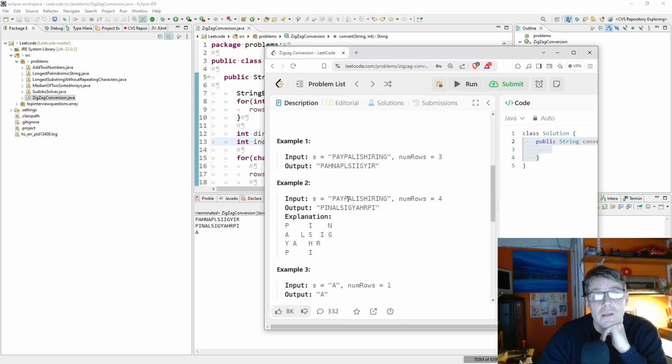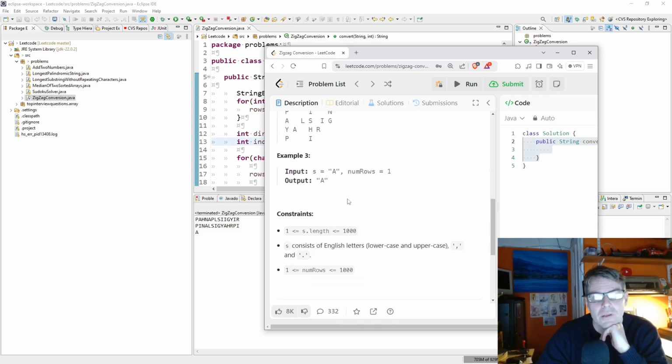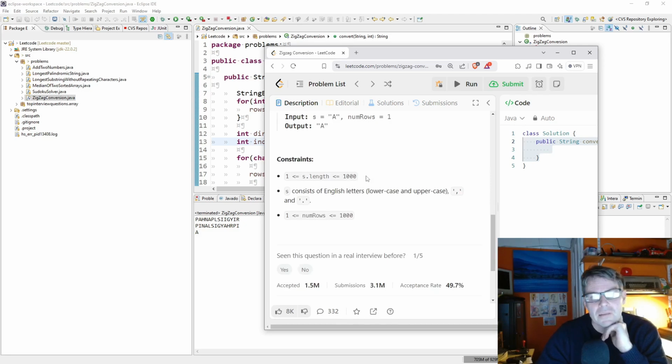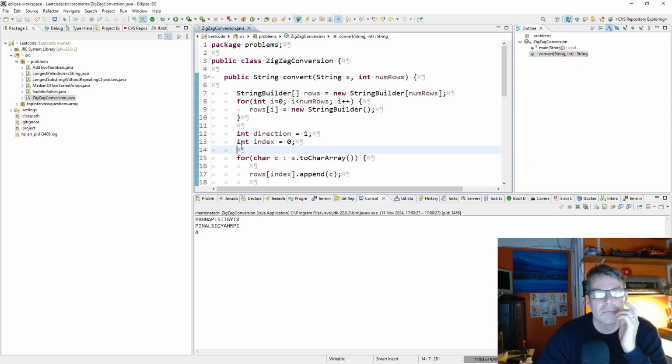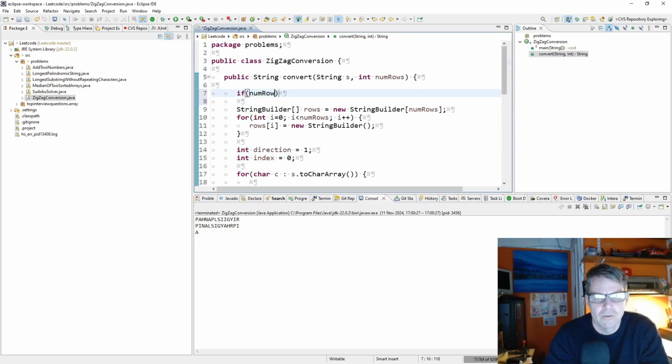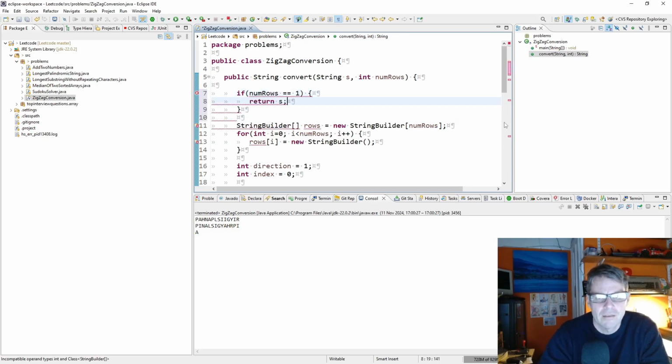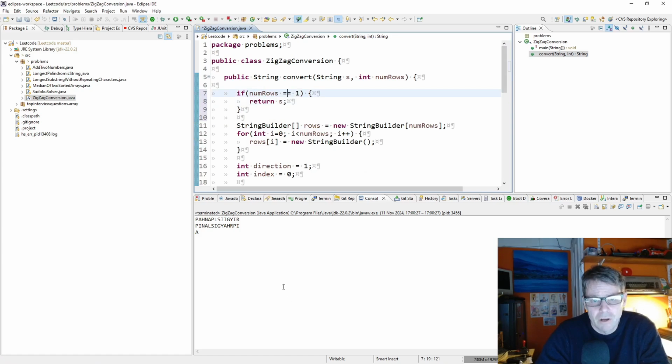Integer is well able to cope with 1,000, so that's simple. A comma or a full stop, that's not going to make any difference. And the number of rows is between 1 and 1,000. Now I could make a small optimization and say that if numRows equals 1, return s, and also if it's the other way round and numRows is longer than string length,